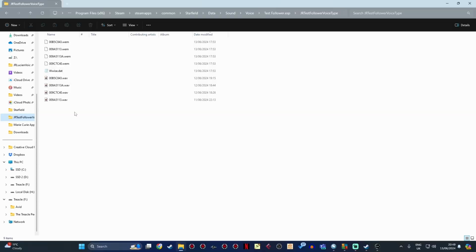Much like Skyrim, Starfield wants you to record your audio in a .wav format. But it can't actually see WAVs in-game. In order for them to play, they need to be converted to WEM files, which can only be done with a third-party tool called WWise, and that doesn't come with the Creation Kit.